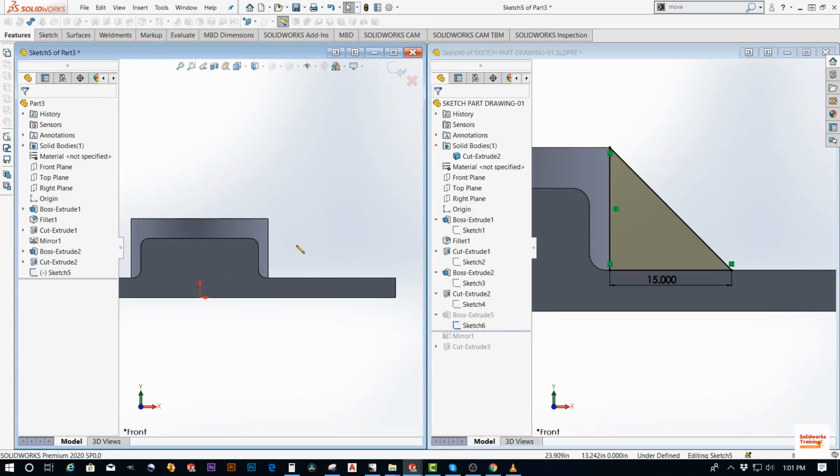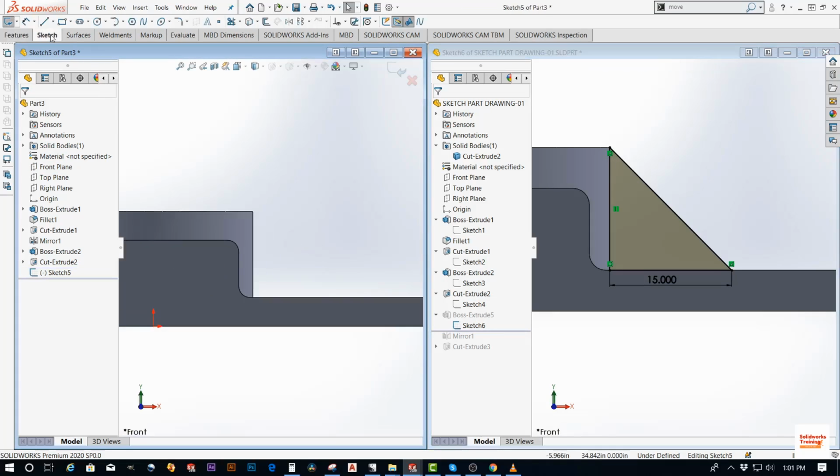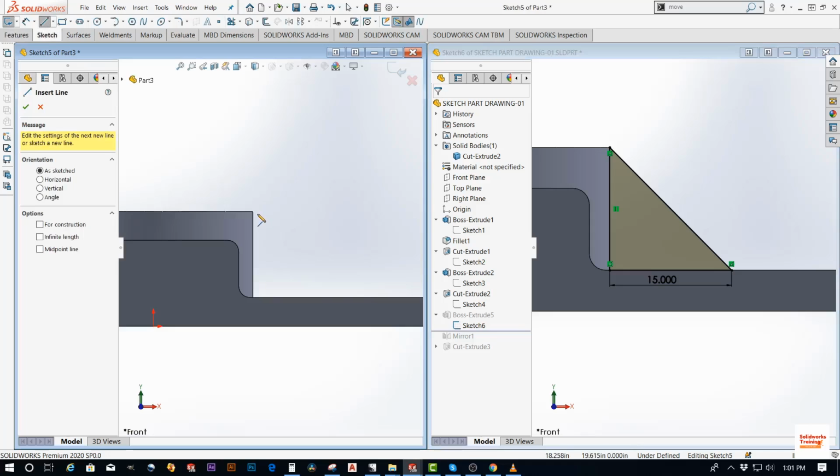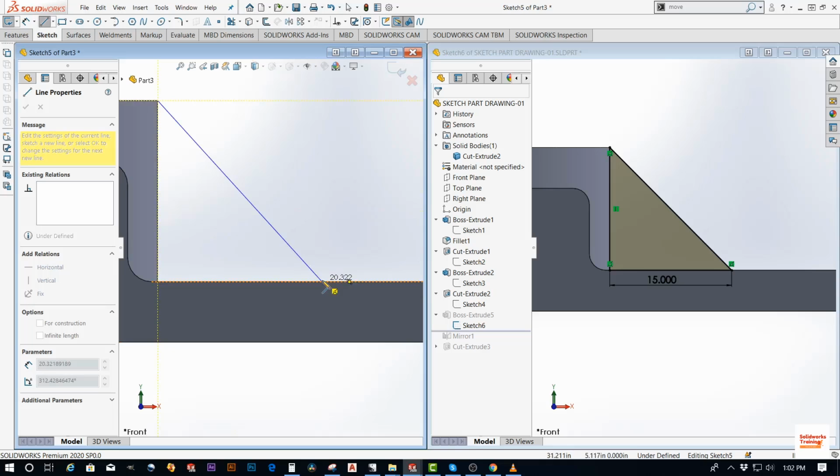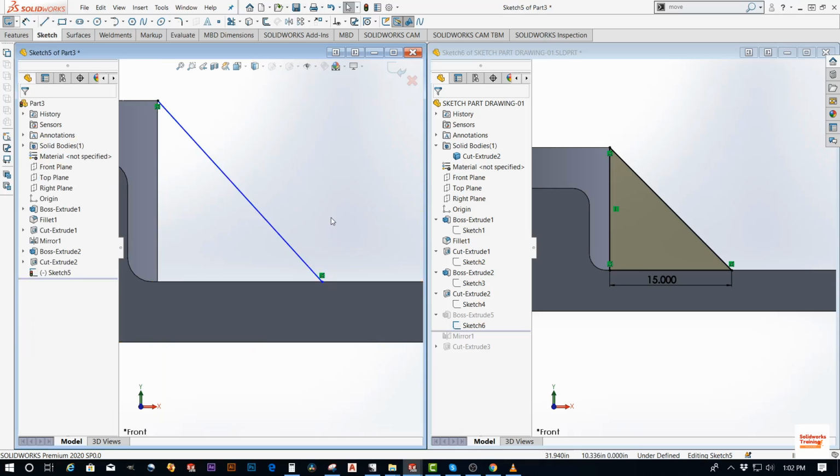So we have a 45, I think that's a 45-degree line. Yeah. So just click at the tip of the cylinder and then connect it to the horizontal line. And then